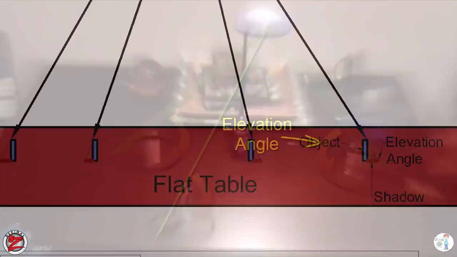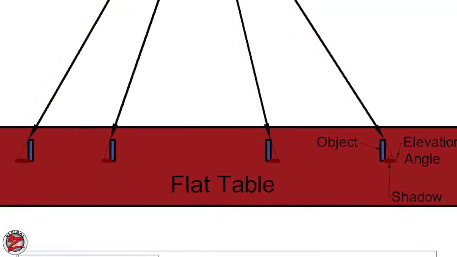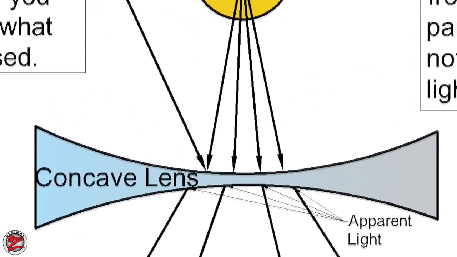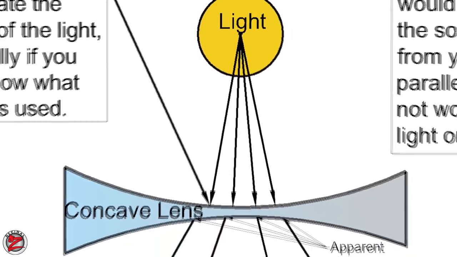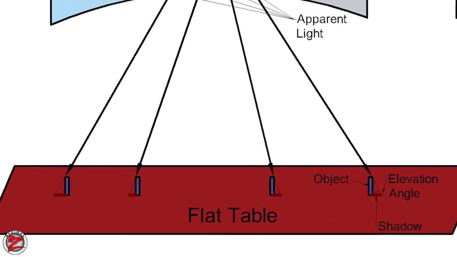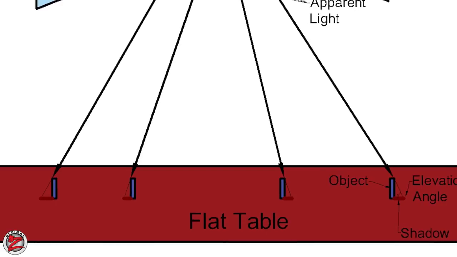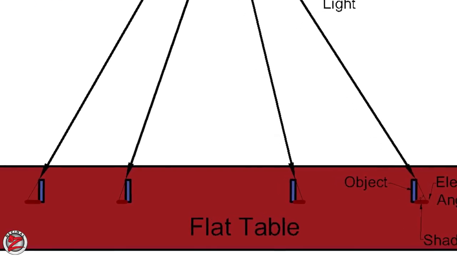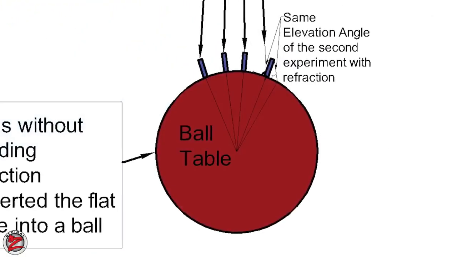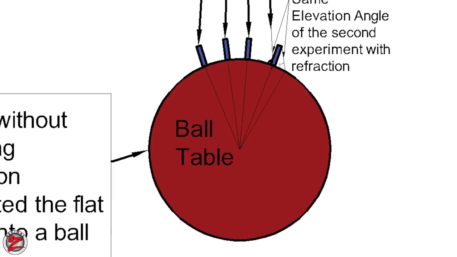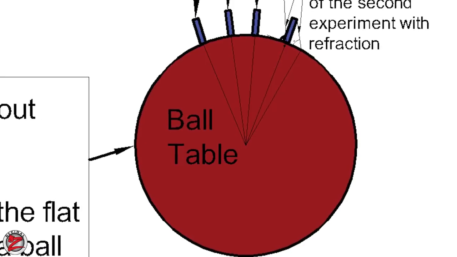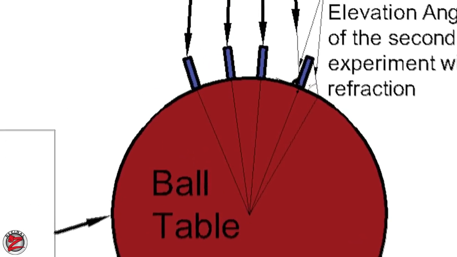Then imagine that you have to do the same, but they don't tell you that up there is a lens that refracts the light. When the refraction occurs, it becomes impossible to triangulate the light source, especially if you don't know which lens was used. So you stand in there trying to triangulate the light using the same method as in the first part. You will realize that the lines will not intersect anywhere because of the refraction they did not tell you about. Then you will think that the shape of the table you are standing on is not flat. This is going to be your answer if they didn't tell you anything about refraction that affects the light or the shadows you see. If you knew, you would have done a different math.